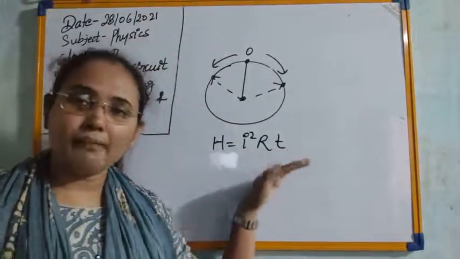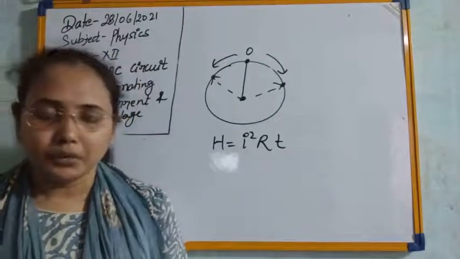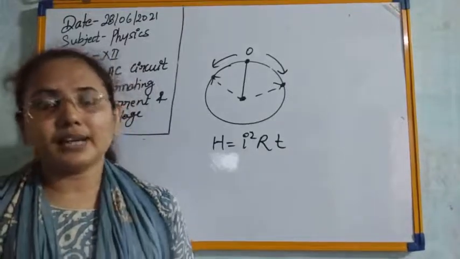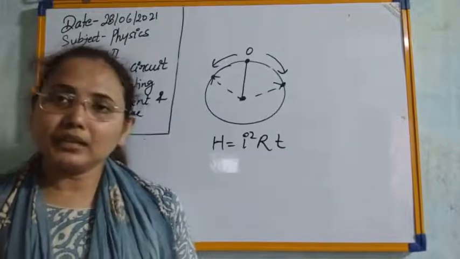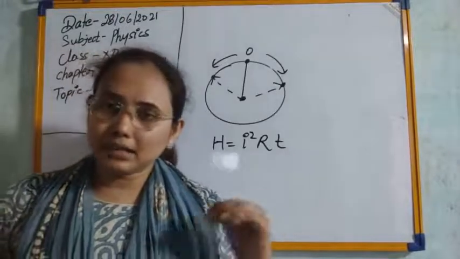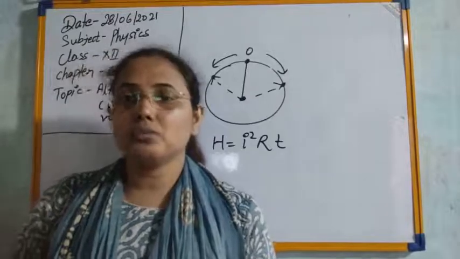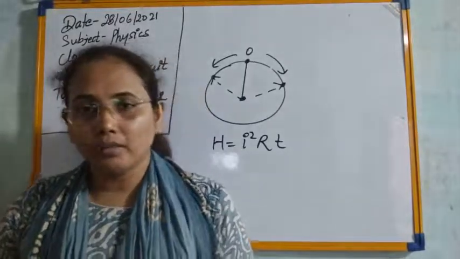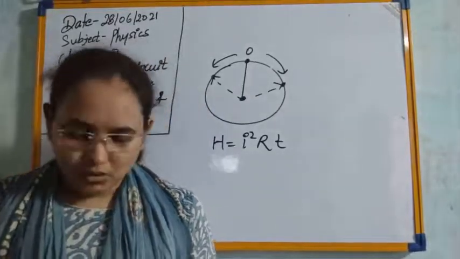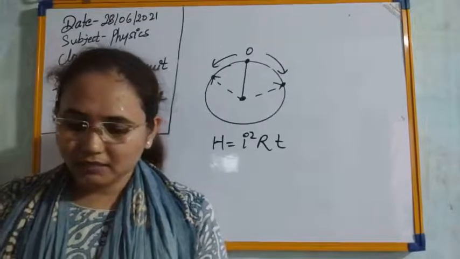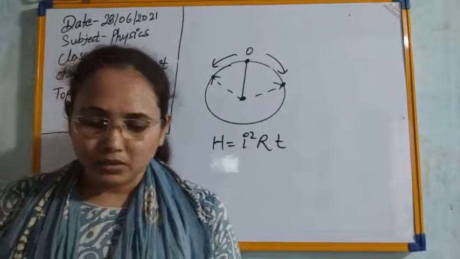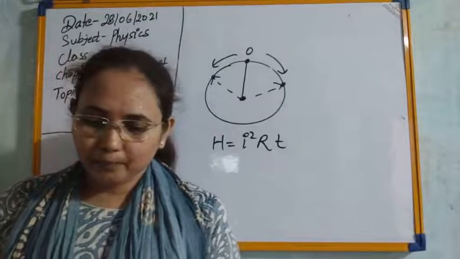Such applications we can utilize to measure AC current and voltages. We are making devices based on Joule's heating effect, and that's why they are called hot instruments or hot wire instruments for measuring AC currents and voltages. I think this basic factor is now clear to you. So next one here,